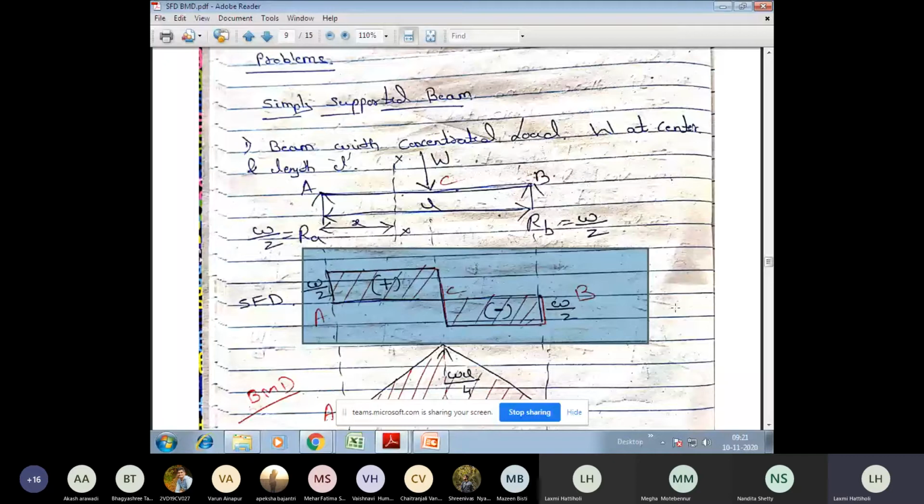Yes, shear force diagram for a simply supported beam subjected to a concentrated load at the center. We had discussed how to draw this diagram in the previous class. Have you understood this diagram? Now, if the SFD is understood to you, then I'll proceed with the BMD. Those who were present in yesterday's class, please answer. Was this diagram understood to you? If this is understood to you, then I will proceed to the bending moment diagram.